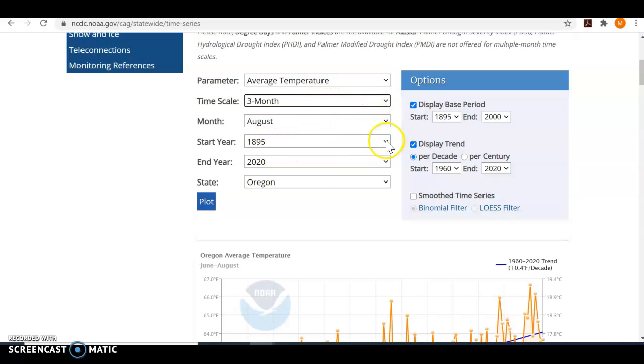And the start year, that's the earliest you can go back, as you can see, is 1895. Wow. And the end year is 2020. That's this year when I did this, for those of you that are listening in 2020. And then we want to make sure we've got all this right. So we're going to have a base period, which we're going to compare our more recent trends to. And so we're just going to go back as far as we can. Why not? And then we're going to do trends, though, per decade,